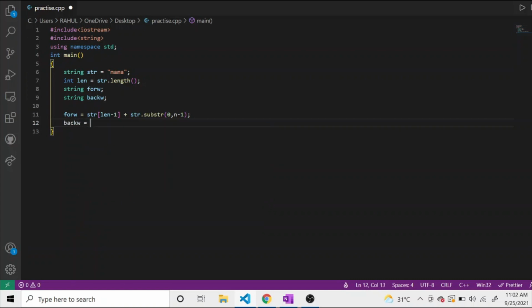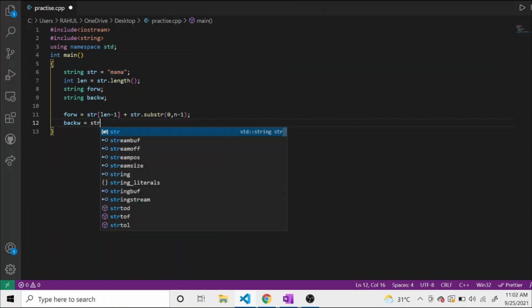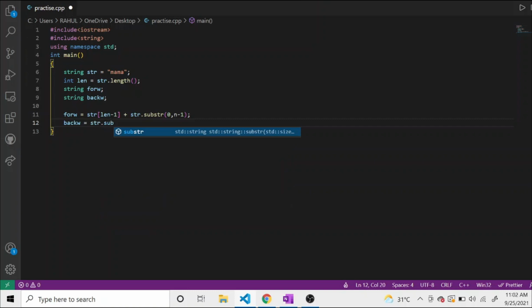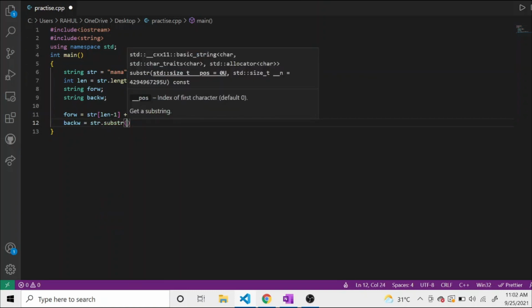In a similar way we will write the backward string also. In the backward string, the elements are shifted from their respective positions towards the left-hand side. So str.substring from position 1, because we don't have to take the first character.